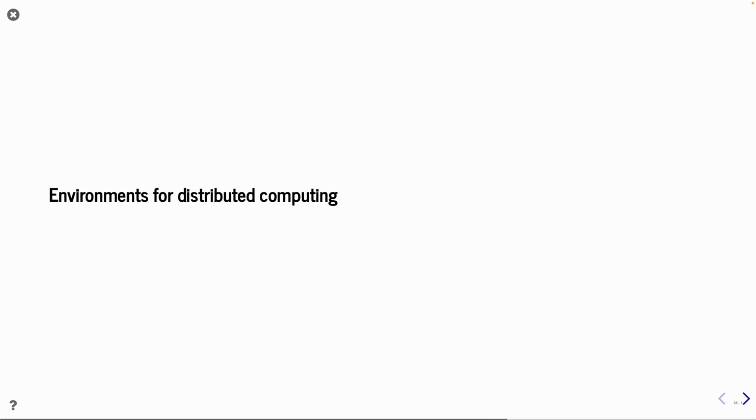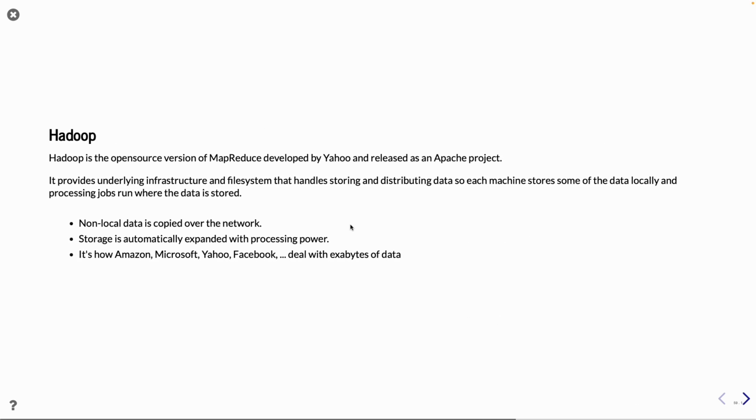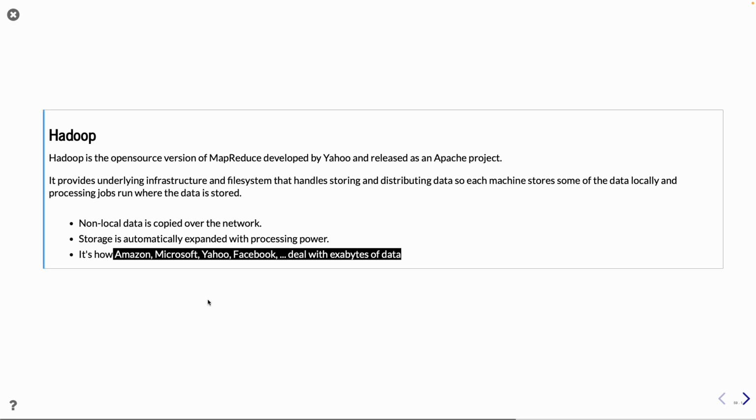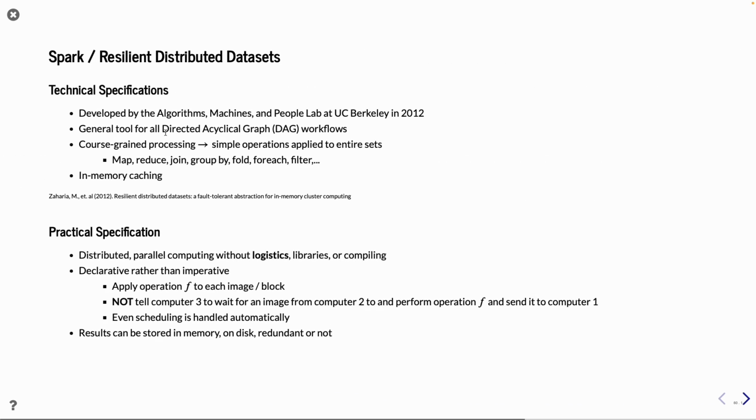So that was one example how you can split and divide data into smaller chunks and send it out on parallel processing. There are also some environments for distributed computing. So there is Hadoop, an alternative to the MapReduce, which is open source. And many of the big ones are actually using it to deal with a lot of data in their processing. And then we have Spark, which is another kind, and we also have